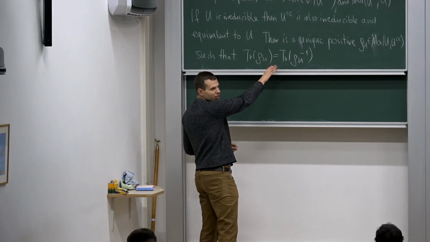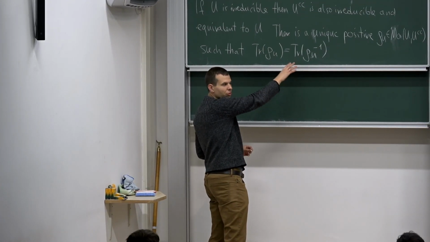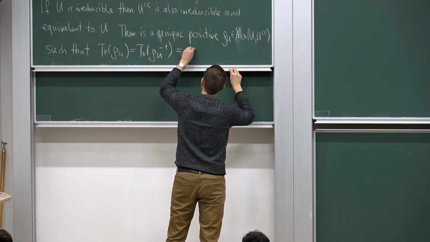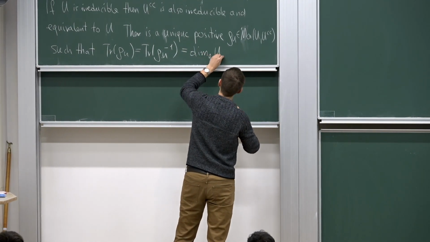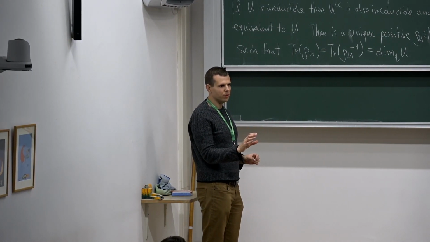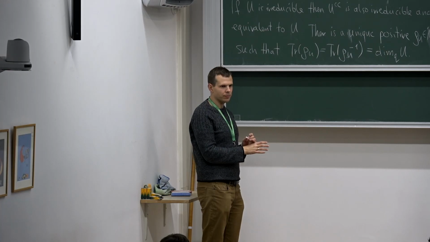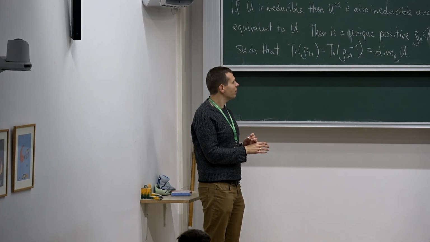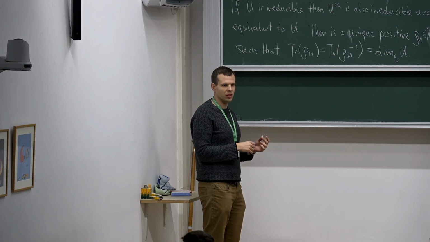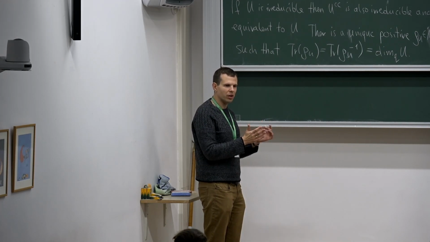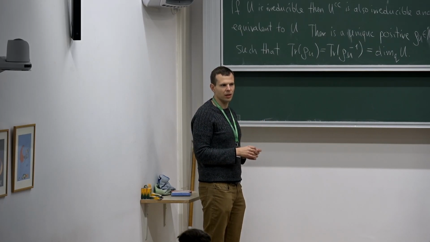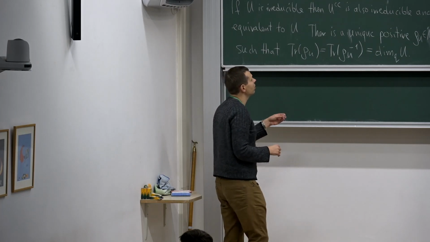And this number is a canonical number associated to each irreducible representation. This is called the quantum dimension of the representation U. So for example, if UC is unitary, this is equal to the usual dimension. But rho U measures how badly non-unitary the contragradient representation is. And in general, this number can be strictly larger than the dimension of the Hilbert space on which U is acting.